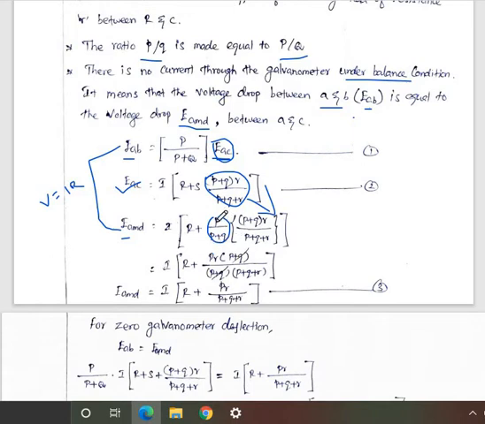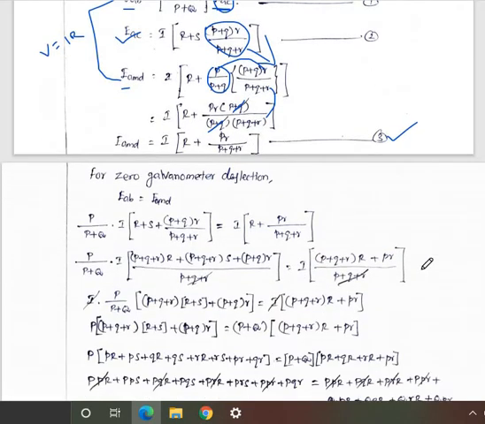So here P into R is PR, and P plus Q, and here P plus Q plus R, which will be the same here, and the common P plus Q you just have to cancel. The value of E_AMD equals I into R plus PR divided by P plus Q plus R. So you can take equation number 3 and solve the equation.